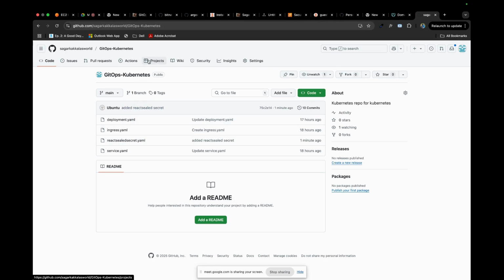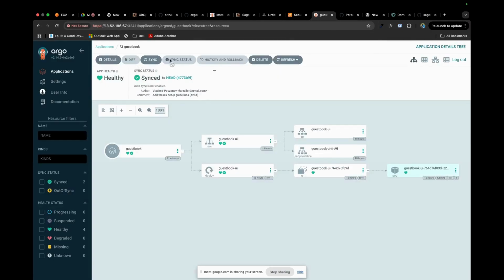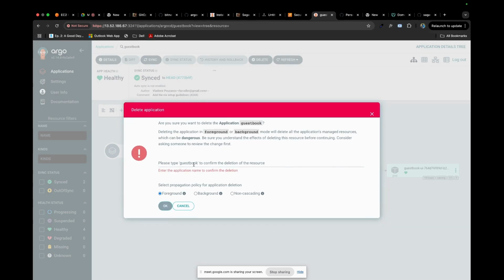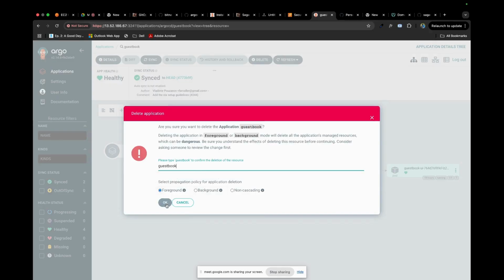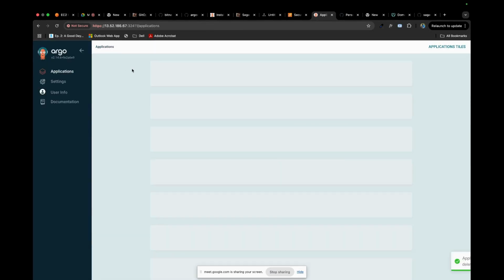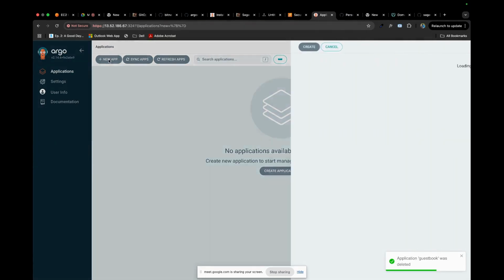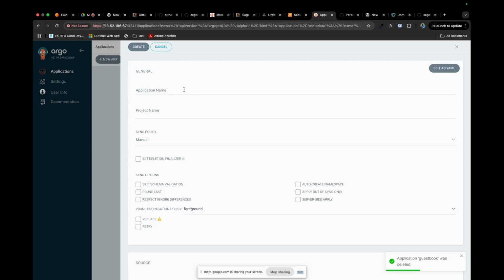And now how will we use this repo inside our Argo CD, because before we had used this. And here, if you want to delete this application, you can just click on delete, the guestbook, and then delete this. That's it. Now I'm going for a new app, because ours is an app of apps now. Let's say like React